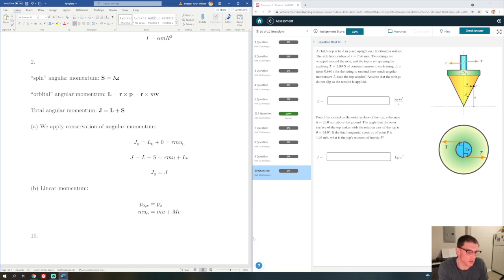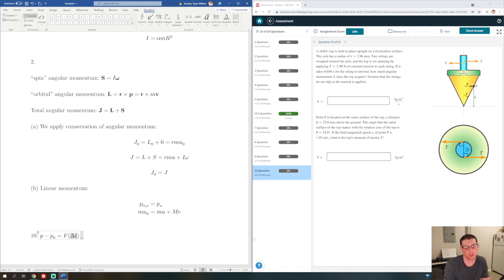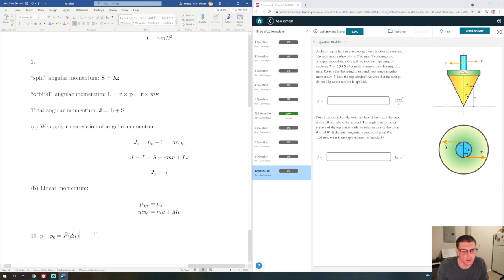So the impulse momentum theorem said that P minus P naught equals F delta T. This should be F bar, because it's usually the average that we're thinking about here. So then what I want to say is we can just write something like L minus L naught